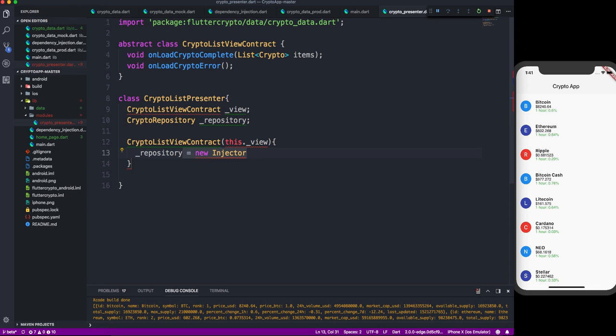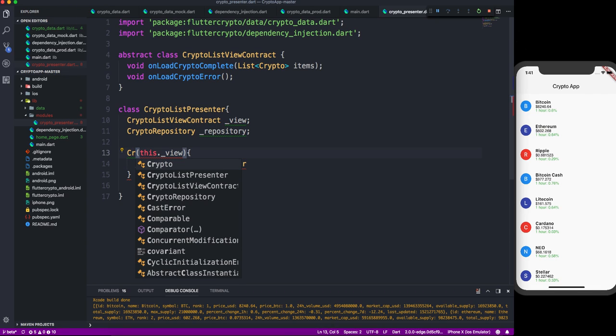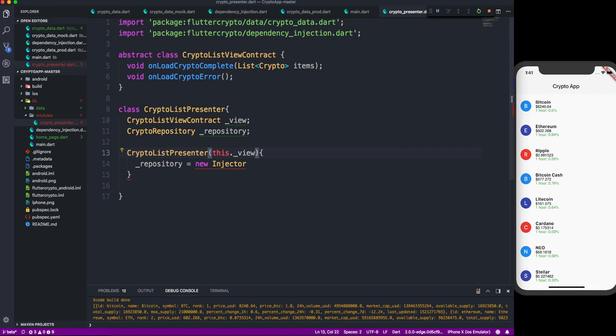Okay, and from that injector we can use this. Let's import this first. Fine. Oh sorry, here we need to change it to presenter. Okay, now here we can say this repository is new injector dot crypto repository, which is the method we made